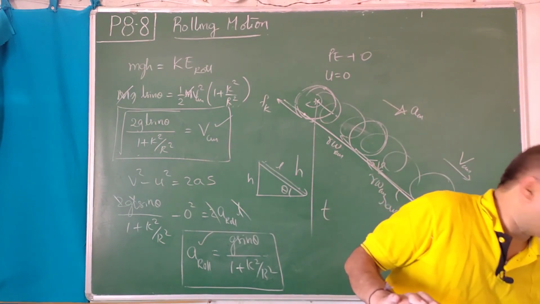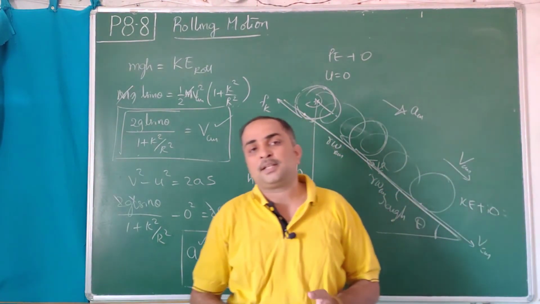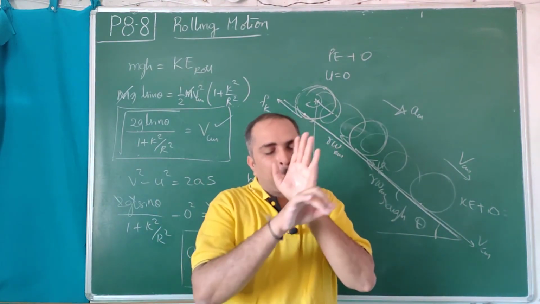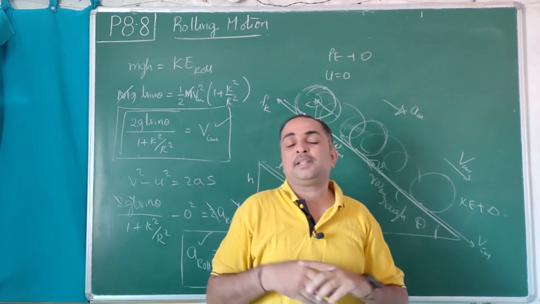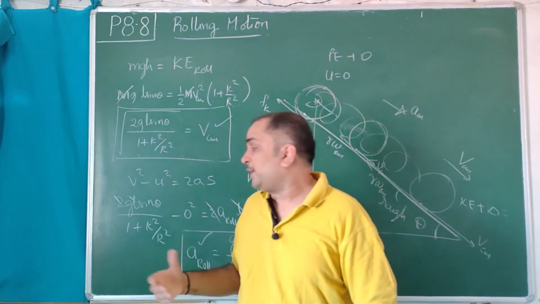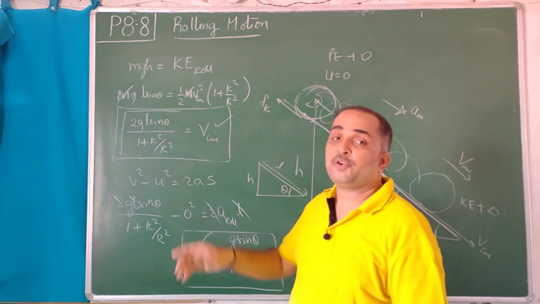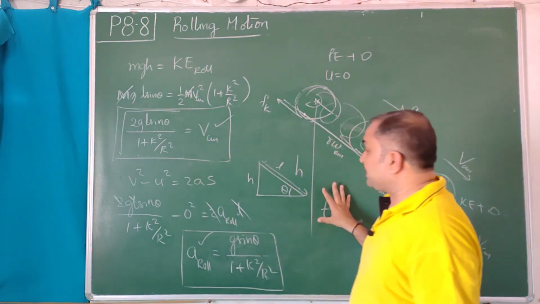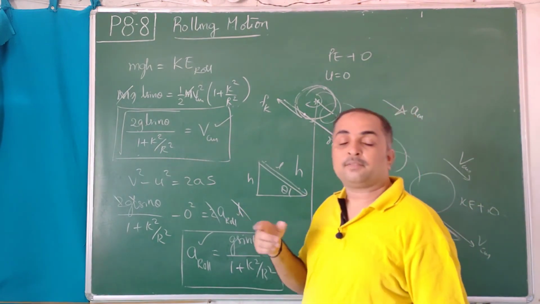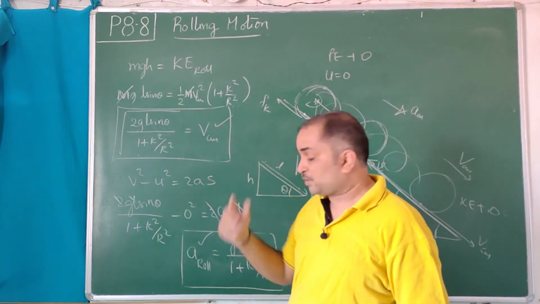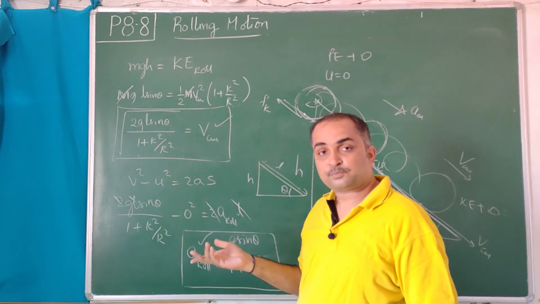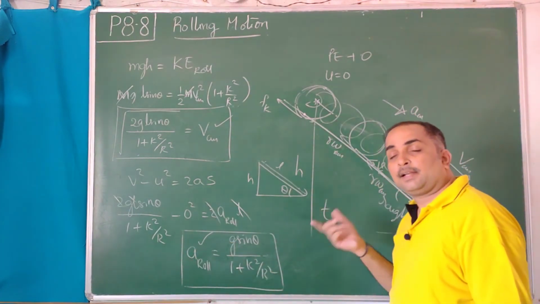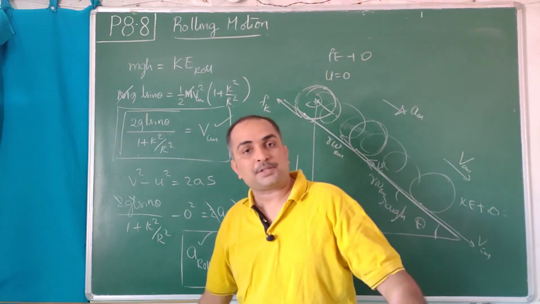Generally these questions come regularly in the Tamil Nadu set, Andhra set, and other state sets. They give four objects, circular disc, circular ring, hollow sphere, solid sphere, and ask which will come first. You can tell in terms of acceleration, in terms of velocity, in terms of percentage of translation, or whichever takes less time. More translation comes first, more VCM comes first, more ACM comes first, and more time taken comes last, less time taken comes first.